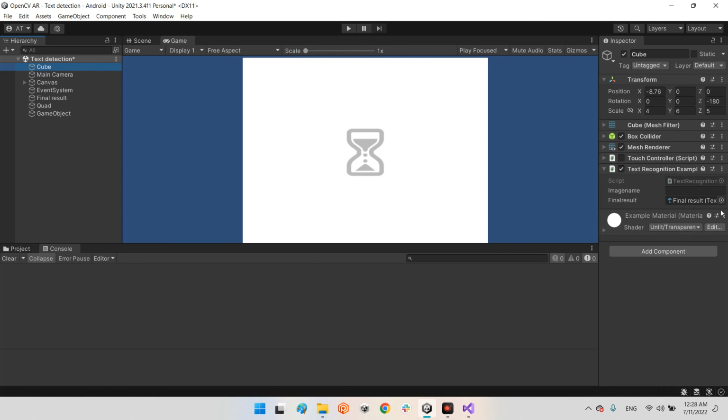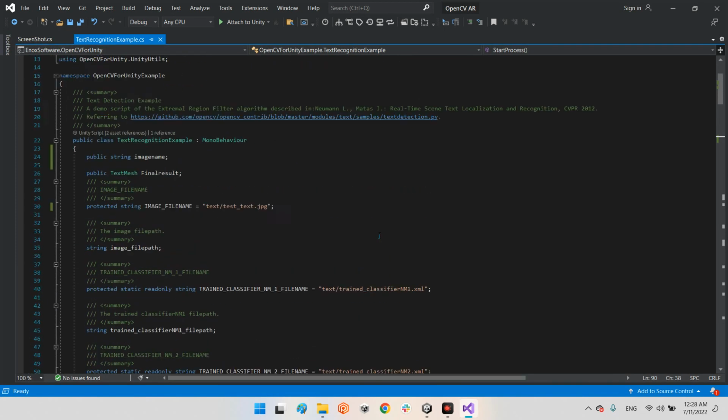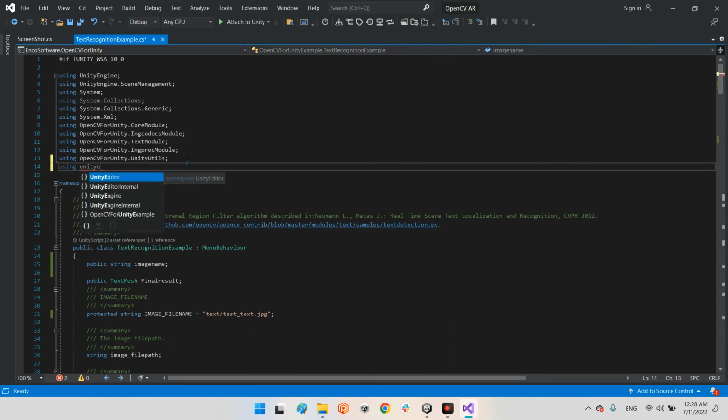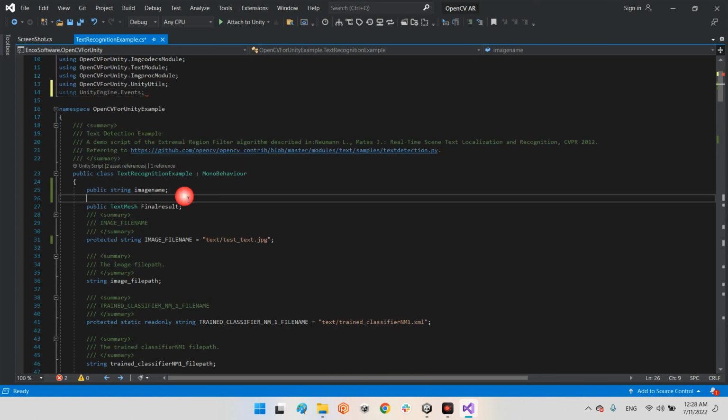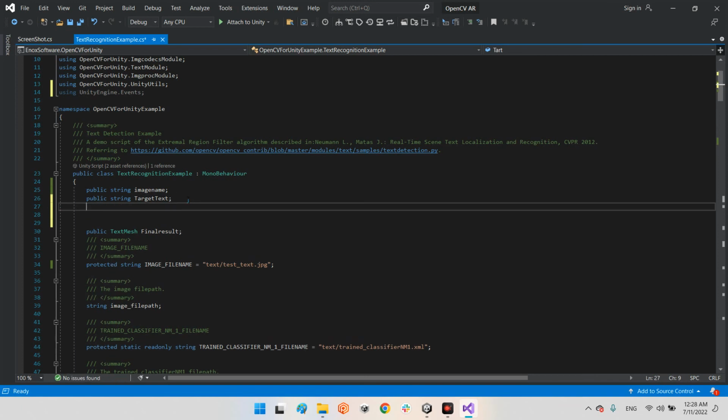For example, in the text recognition, we can add, for example, using UnityEngine.Events, for example, and public string targetText, and also public UnityEvent action. Okay,